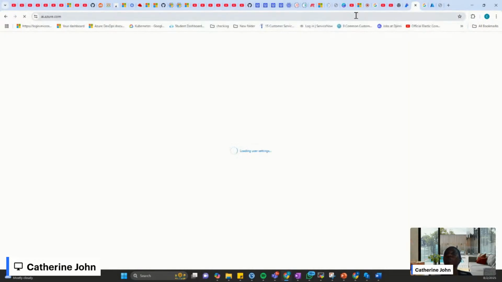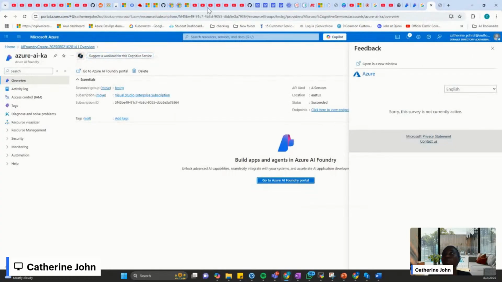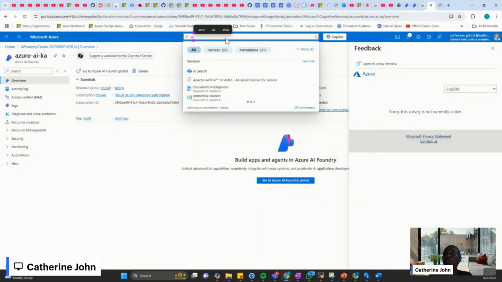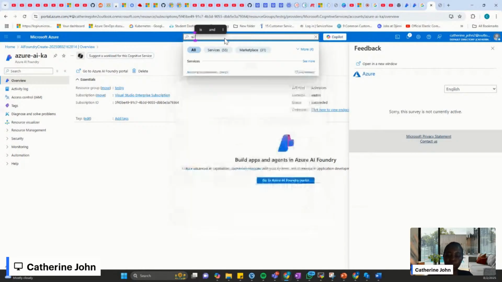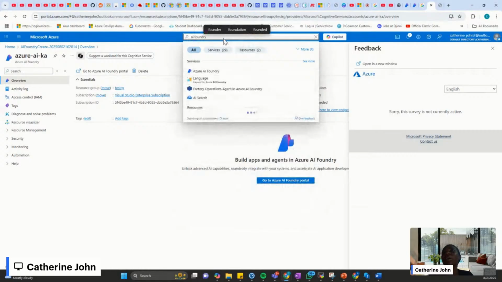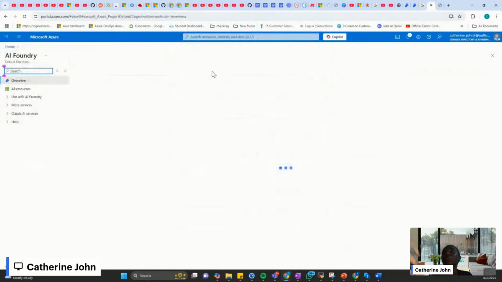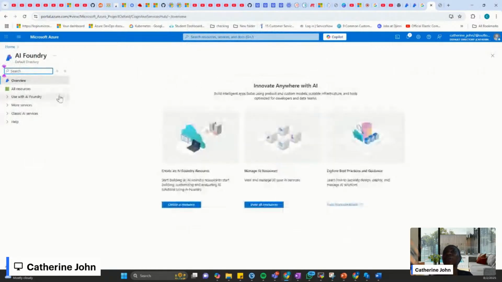If you did not remember, there's a way you can go through. You can go to the Azure portal like this. Then the next thing you need to do is search for AI Foundry, not AI agent. Remember, the Foundry is the environment, the platform where we can design, create, and maintain all our code and everything regarding